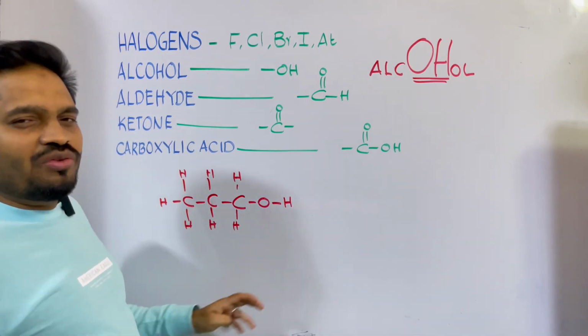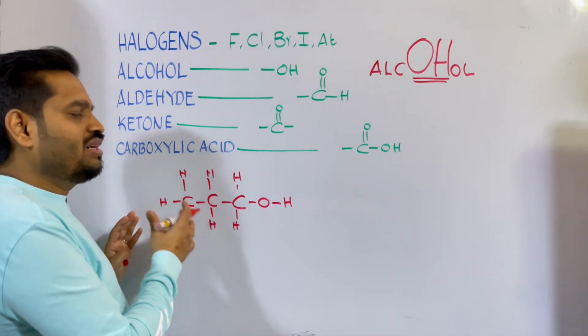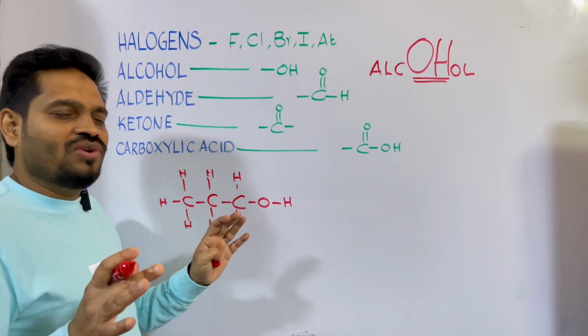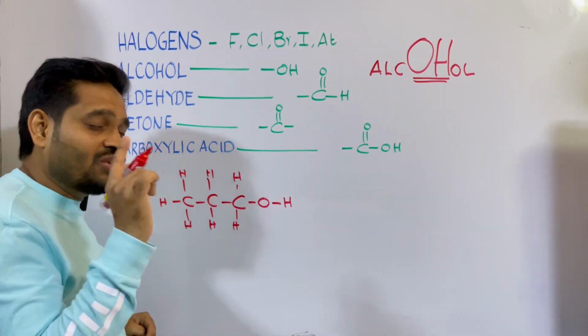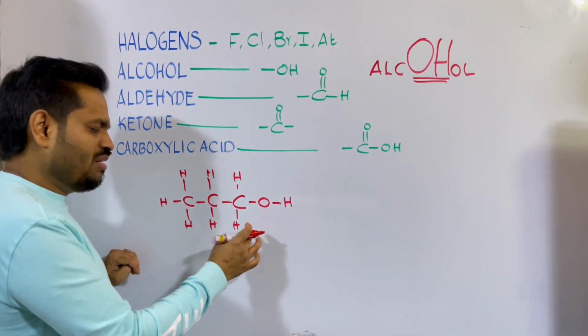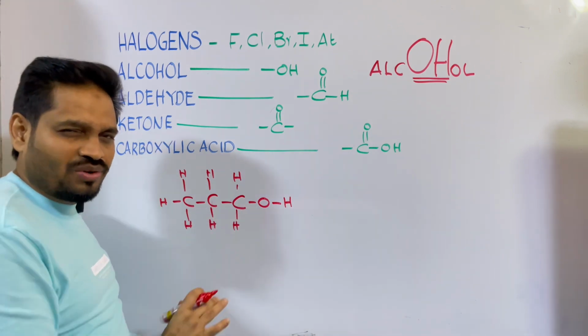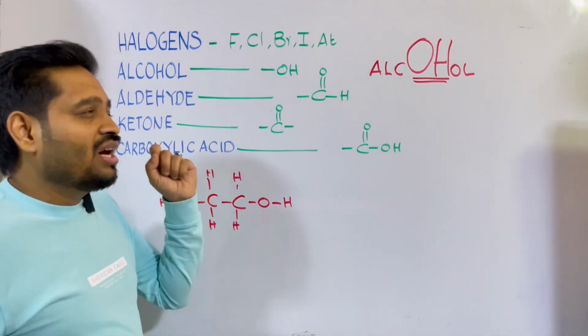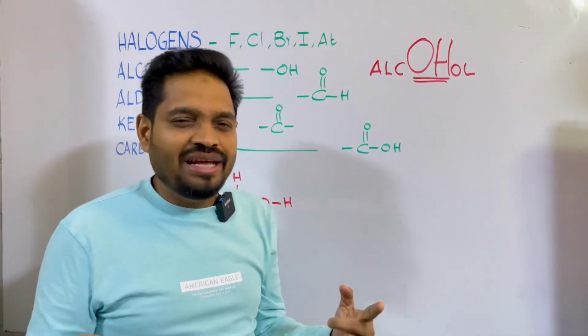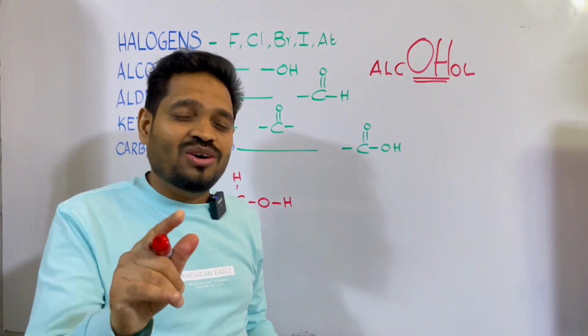So this way we can write any number of carbon chains, and that's only to remember about alcohol. Look, the OH is at the tip, or it can be at any other point other than the tip, okay? But for class 10 level, you are learning it at the tip only, having an OH which is already there in the word